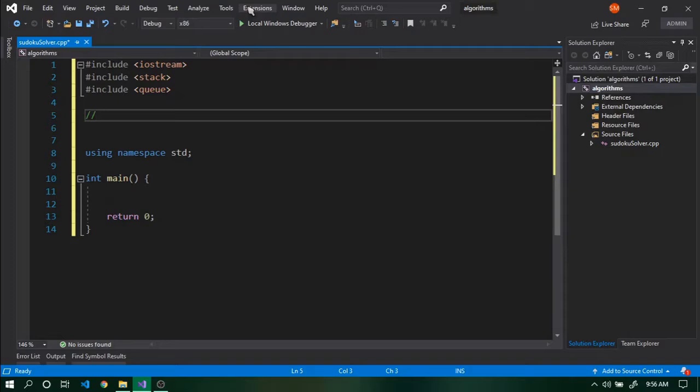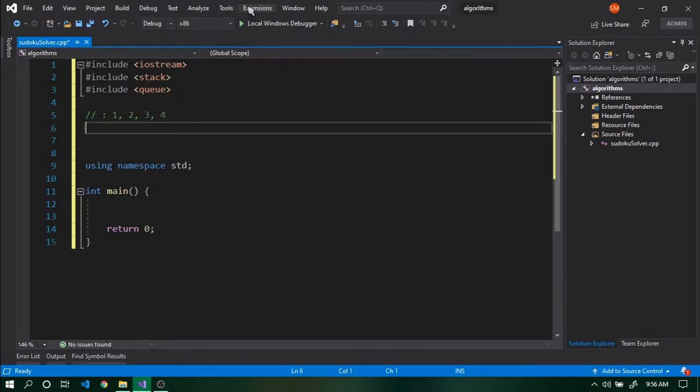So let's say we have a container, and inside that container we are pushing first 1, and then 2, and then 3, and then 4. Now the order in which the values will be popped from that container differentiates between a stack and a queue. If you're using a stack, the last item that gets into the stack is the first item to get out of the stack. That means first 4 will get out, then 3, then 2, and then 1.